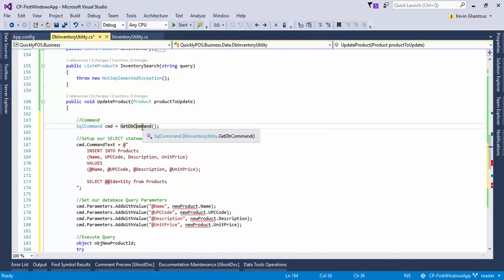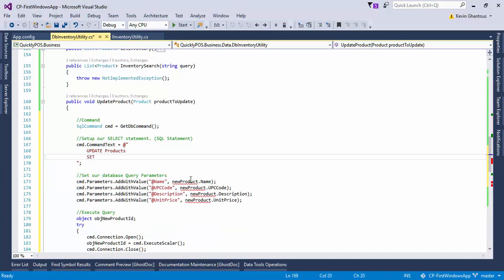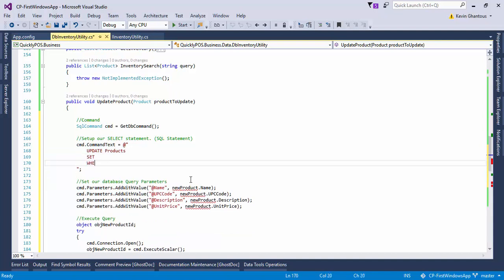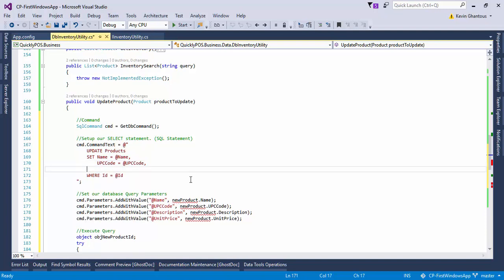GetDB command gets our connection object and generates a new command object for us, so then we just deal with the command. The command text that we'll use will be update products, and then we're going to use a series of set statements, and then we're going to do where the ID equals @ID. So the set statements will simply be field name equals parameter. So we're looking at things like name equals @name, and then we use a comma, UPC code equals @UPC code,